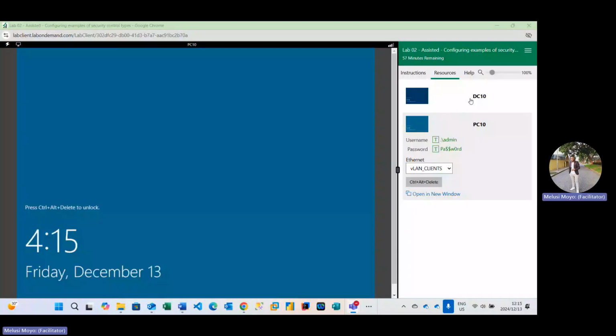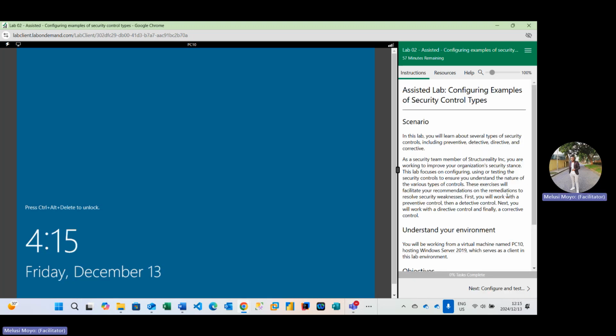You go to resources, and then you see all of your resources. So we have the DC10 and then the PC10. The DC10 might be our server, and then our PC10 is here. And then the credentials will be embedded here on the resources tab. And then also instructions. This is where you're going to spend much of your time, where you are following